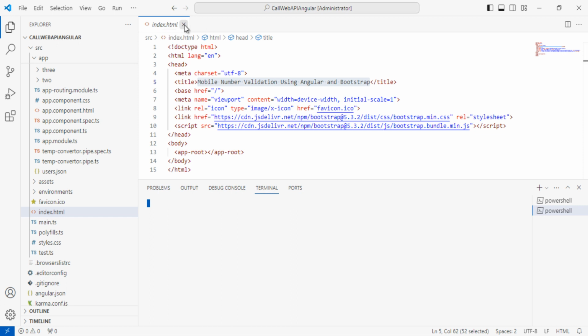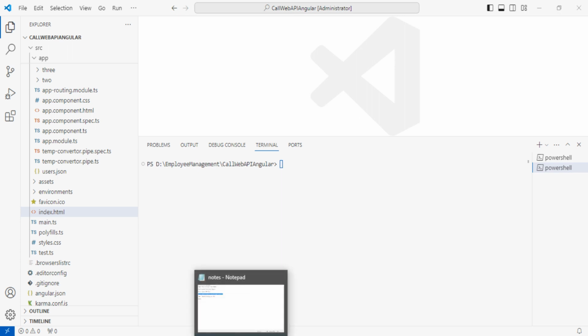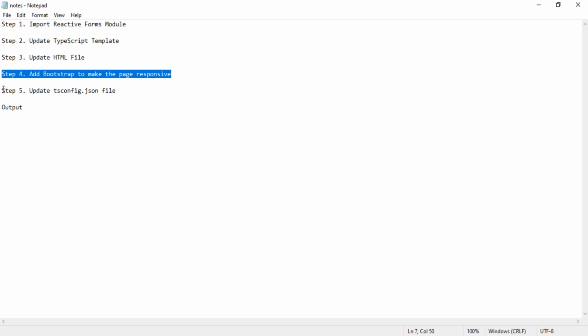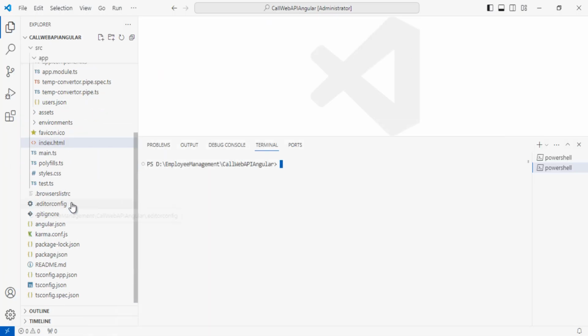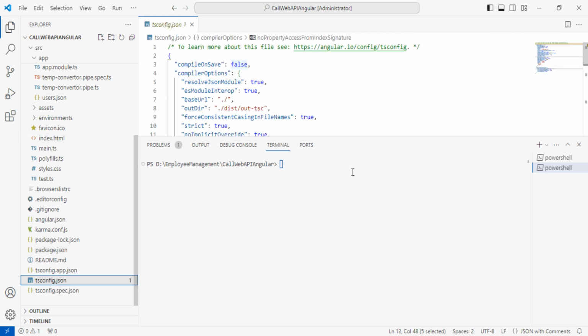So close this index.html. Okay, so guys, there is one more step, that is step 5. Make sure you have updated the tsconfig.json file. I'll show you one thing here. If you open the tsconfig.json,